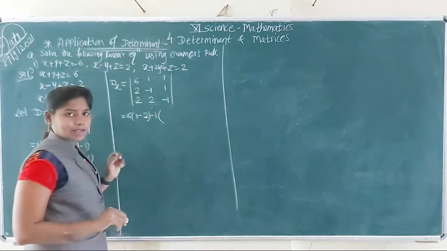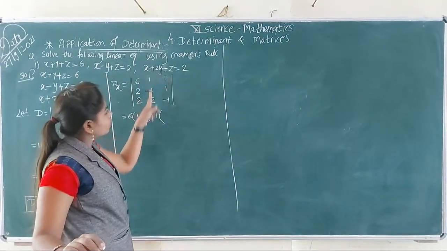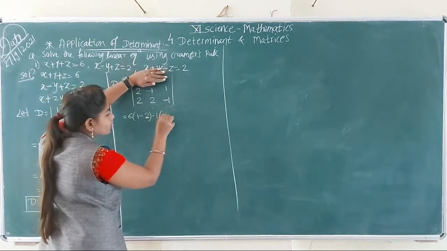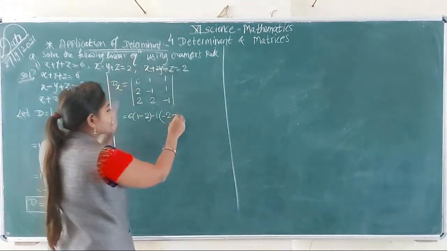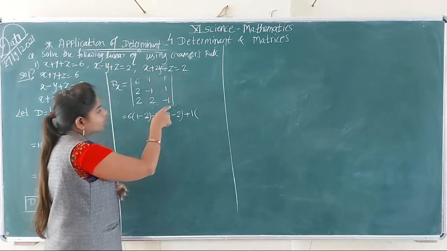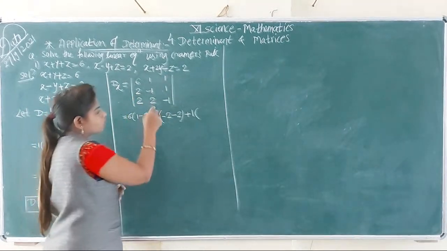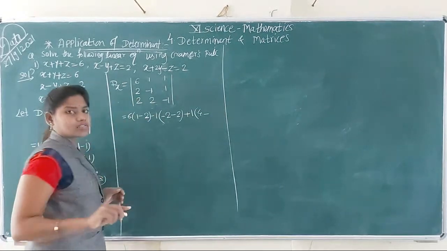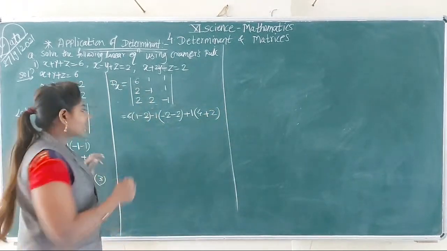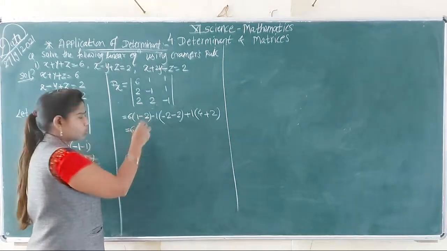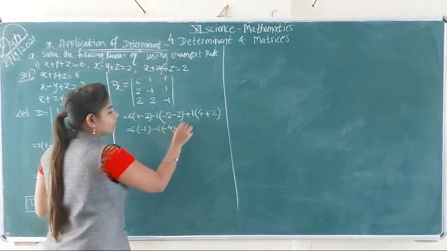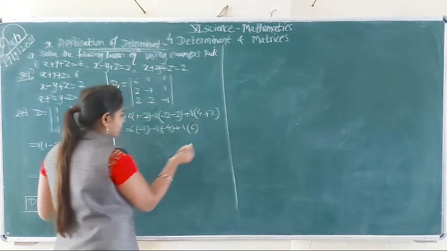Now alternate plus minus sign, minus 1 into delete first row second column, so जे काय उरलेले एलिमेंट्स आहेत त्यांचं क्रॉस मल्टिप्लिकेशन, 2 into minus 1 is minus 2 minus 2 into 1 is 2, then plus 1 into delete first row third column, उरलेले एलिमेंट्सचा क्रॉस मल्टिप्लिकेशन, that is 2 into 4 minus 2 into minus 1 is minus 2 and minus minus plus, that is plus 2, okay, then 6 into 1 minus 2, that is minus 1 into minus 2 is minus 4 plus 1 into 4 plus 2 is 6, that is 6